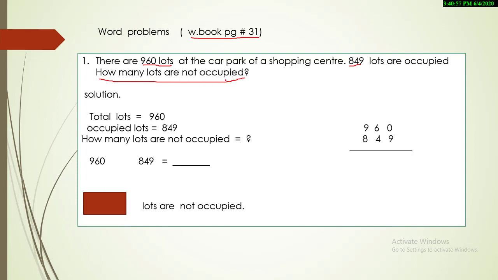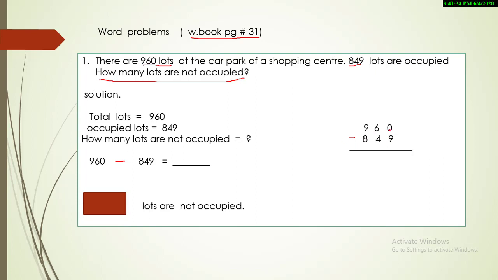So just tell me, my students, I leave the space over here for you all to think and understand. Do we need to add it? No, because the total capacity is already given. So what we're going to do is subtract. Now write down the number sentence, and then go on the other side and mention the numbers as I mentioned over here: 960 minus 849. So now solve it carefully.